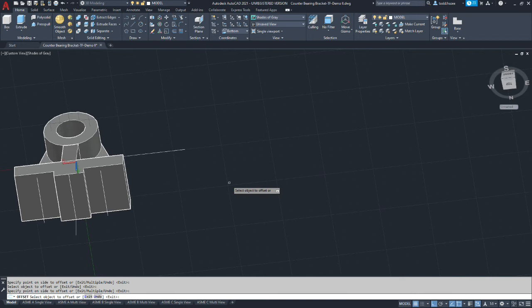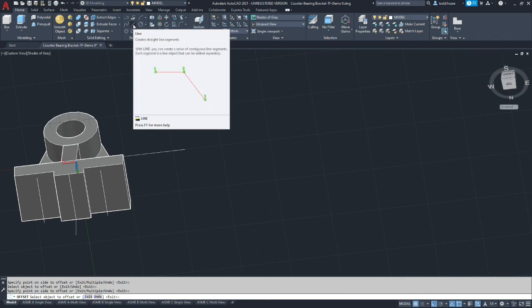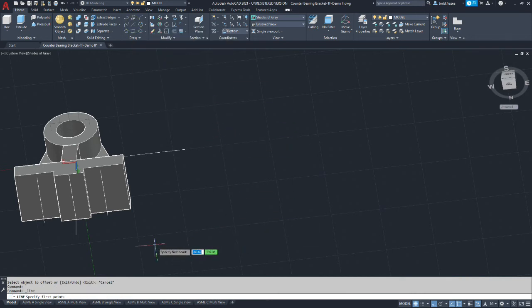Now we need to define the distance in the other axis. To do that, I'm going to draw a line from one of the corners, and then we're going to offset that line by the distance from the back, which is 45 millimeters.